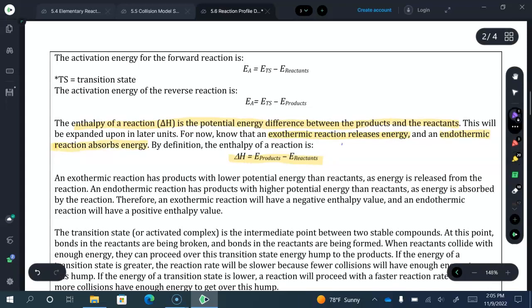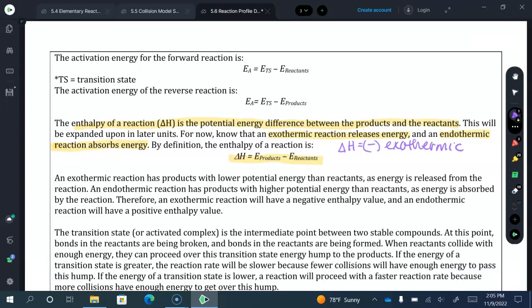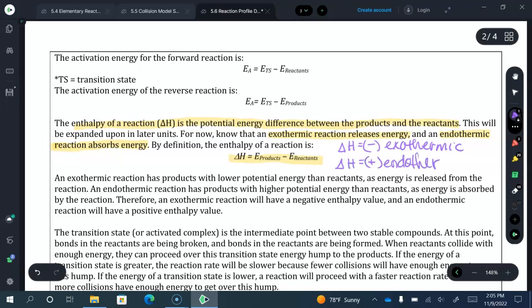So to summarize that, if our delta H, or enthalpy, is negative, that is an exothermic reaction, because the system, the reacting system itself, is losing energy. If the enthalpy change is positive, that is endothermic, because the system specifically that is reacting, and that's not to say its container, but the reacting system, the reactants and the products, those particles are gaining energy, so it's absorbing